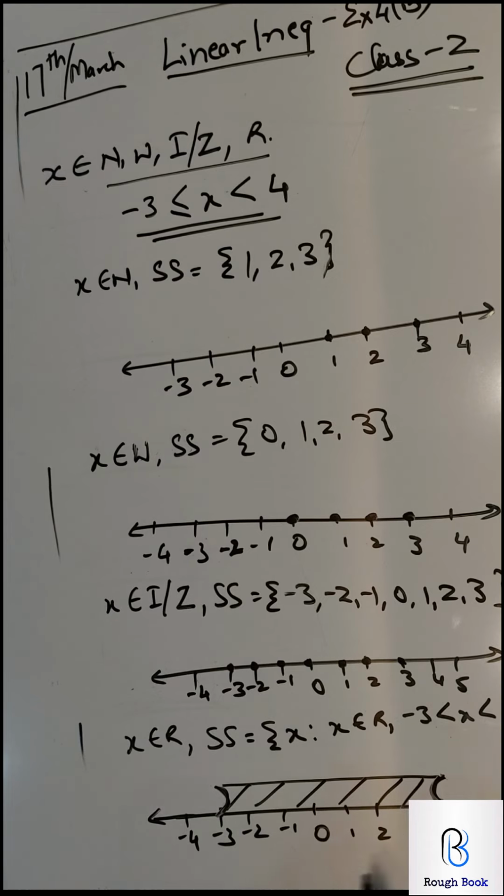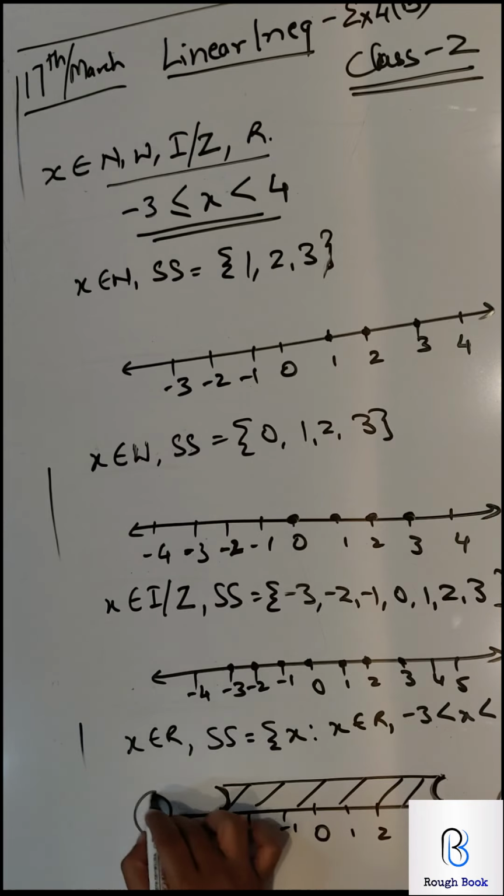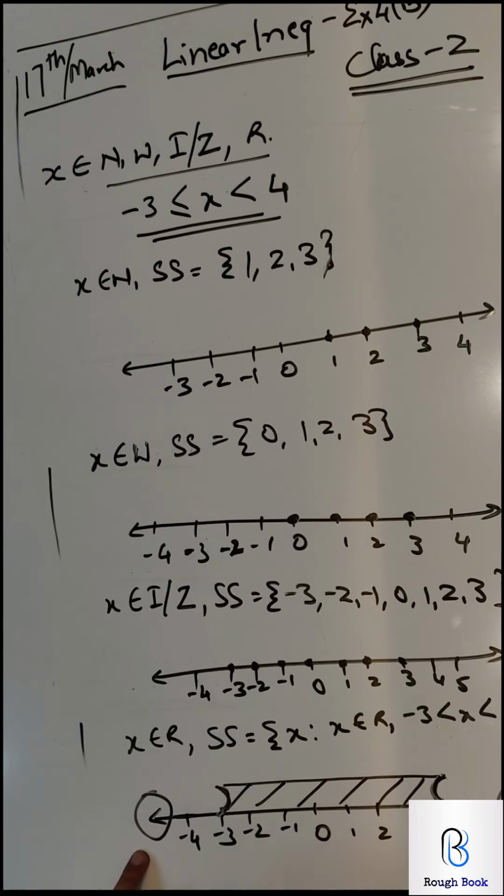A couple of things for the number line where we can lose our marks in the boards. Number one, a number line should always have arrows. If arrows are not drawn, 100% you lose 1 mark. One extra coordinate on each side. So here 4 is the last coordinate, so I need to put one more extra coordinate at least.